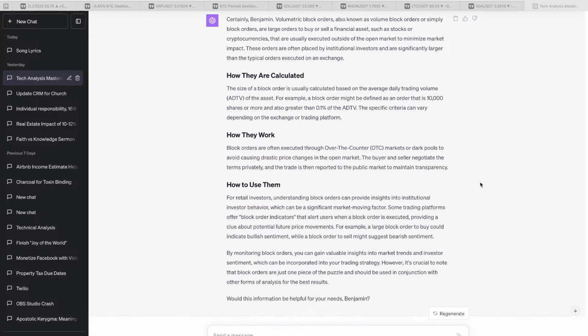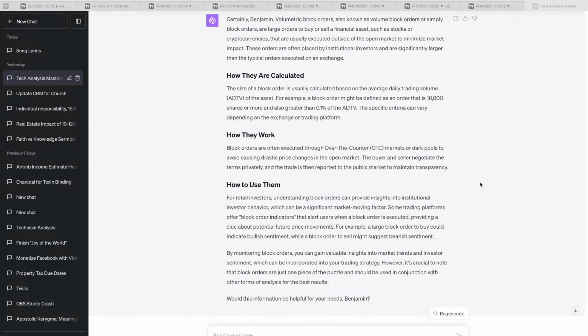Certainly, Benjamin. Volumetric order blocks, also known as volume block orders or simply block orders, are large orders to buy or sell a financial asset, such as stocks or cryptocurrencies, that are usually executed outside of the open market to minimize market impact. These orders are often placed by institutional investors and are significantly larger than the typical orders executed on an exchange. How they are calculated: the size of a block order is usually calculated based on the average